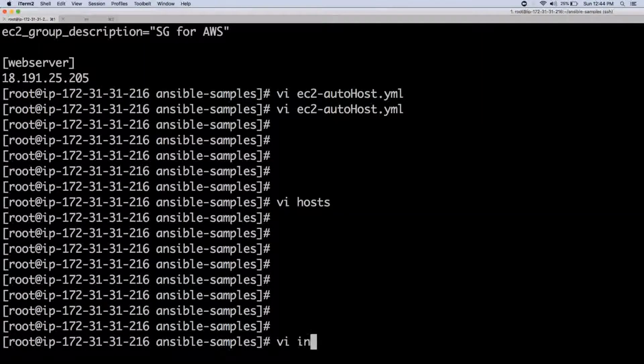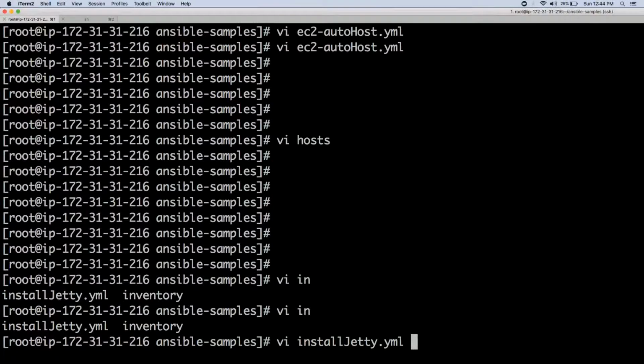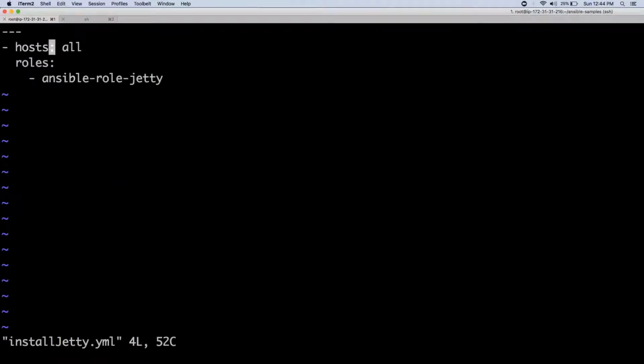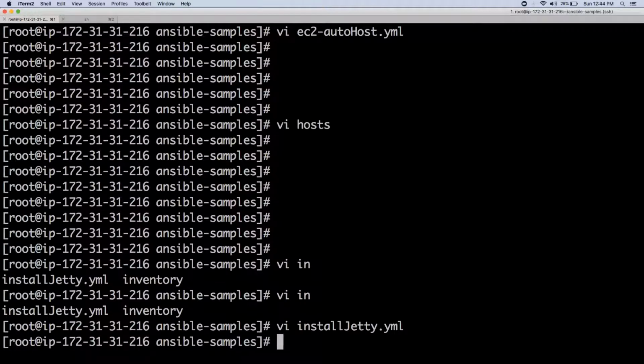Vi install jetty.yml. What are the hosts? Instead of all, give web server. So what does it do? It will do it in that web server. We'll try this. Okay. Now we have created